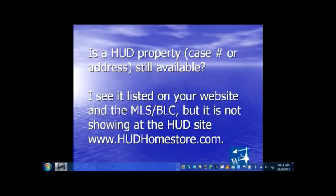The question that we typically receive is, is a HUD property with this case number and address still available? I see it listed on your website and in the MLS/BLC. And for everybody who doesn't know what the BLC is, that's a designation in Indianapolis for the broker listing cooperative versus the MLS, which is a multiple listing service. But anyhow, we see it on the website or the MLS BLC, but it's not showing at the HUD site,